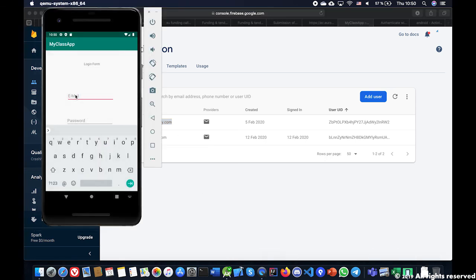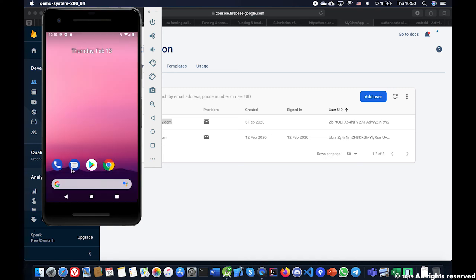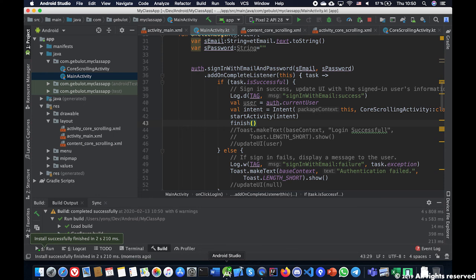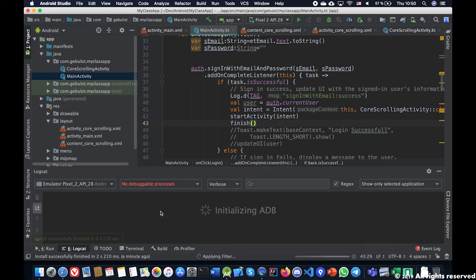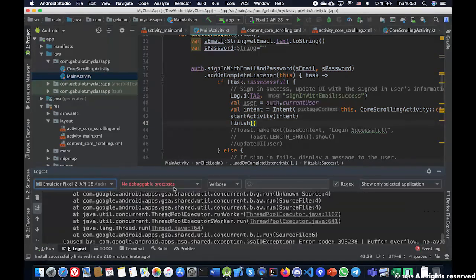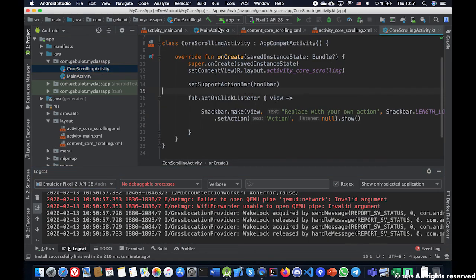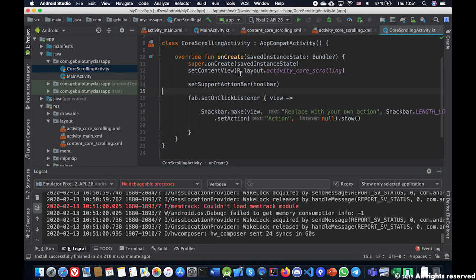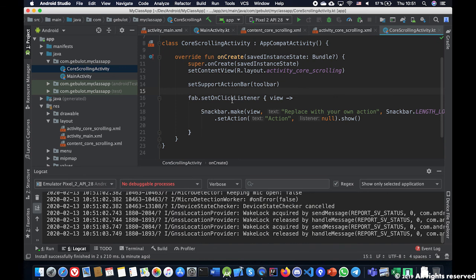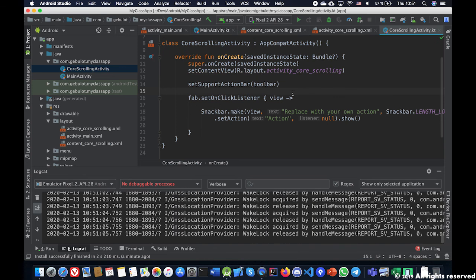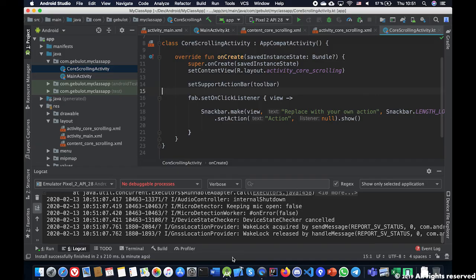Okay, so I'm gonna copy this one, and I'm gonna go here. I'm gonna paste. Doesn't allow me, okay. Okay, so go down and we log in. Well, it closes because there is some kind of a problem. Probably has to do with the fact that the activity doesn't really recognize it. I will check it out. But the idea is that once you do this, the new activity should open and show you the scrolling